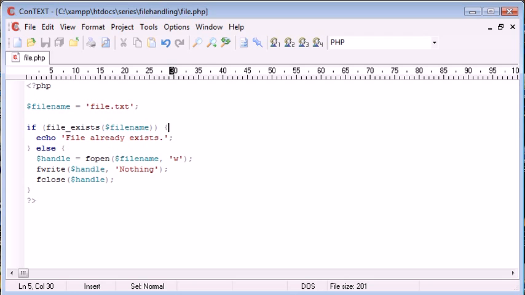So this is the file_exists function in PHP. Really useful, like I said, when you're handling file uploads and you want to check if a file name already exists, just to ensure that you don't overwrite